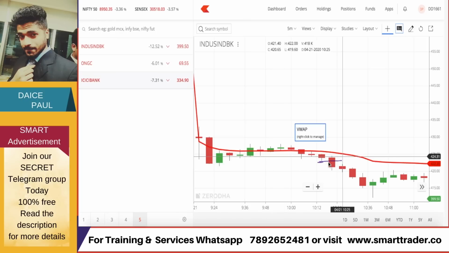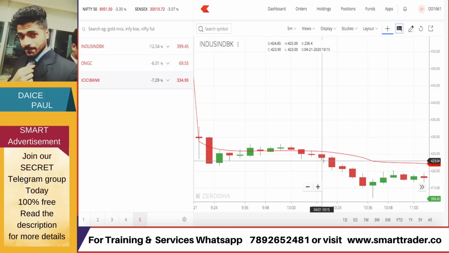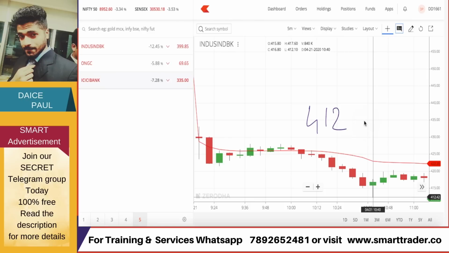Now what is the price over here? Rough calculation, 423 rupees. So at the price of 423 I'm selling, it has gone down to, I'm just giving a rough example, 412 rupees. So from 423, almost 11 rupees, so close to 2.8% or